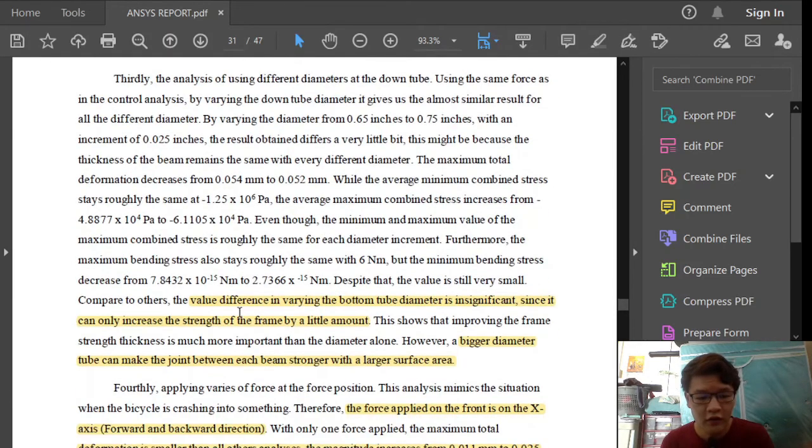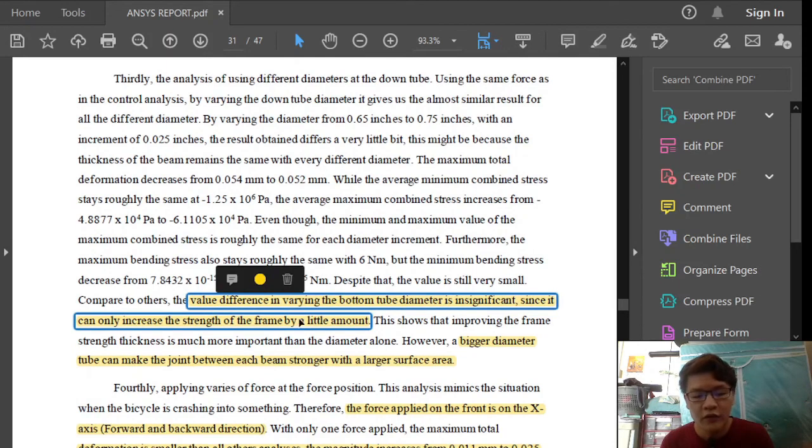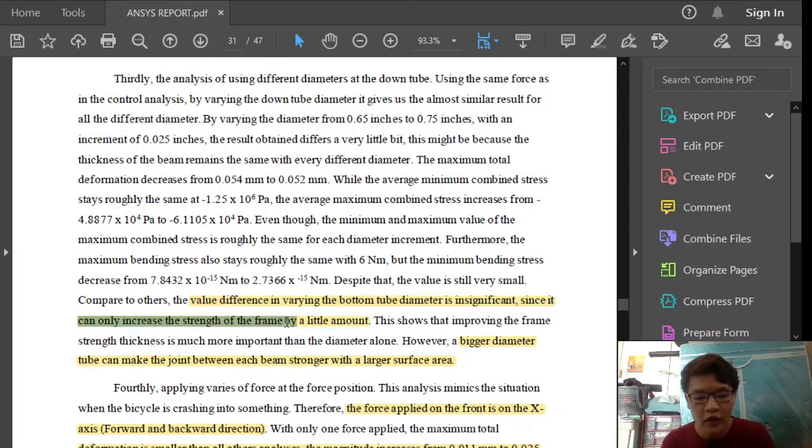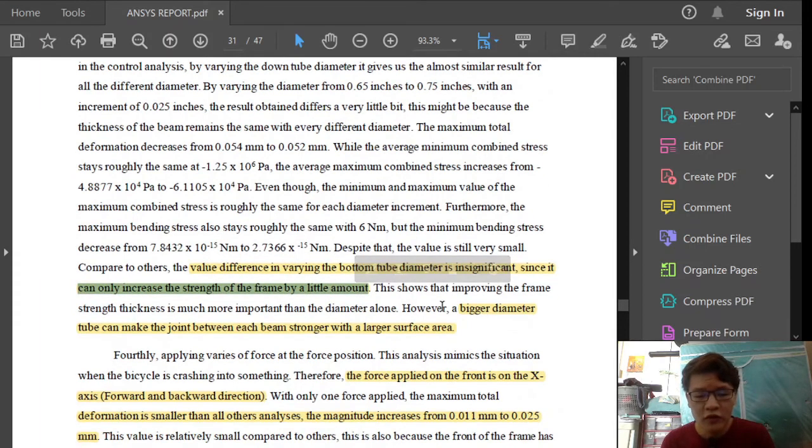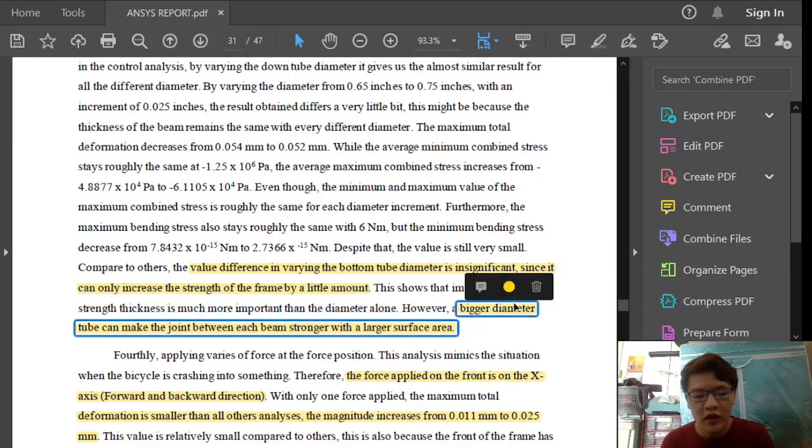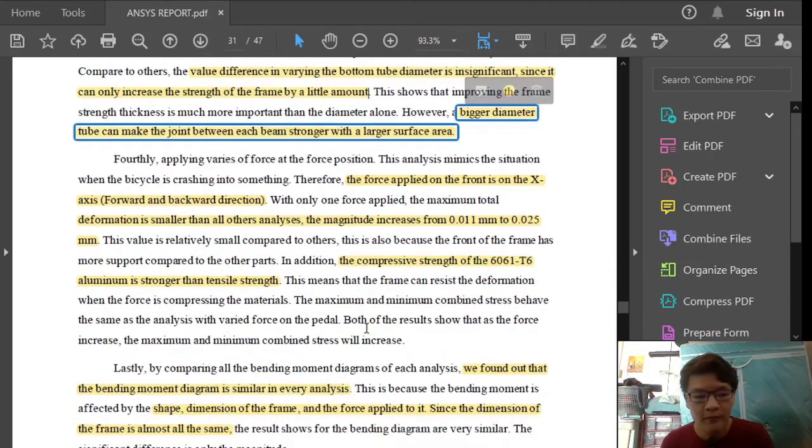Using the third analysis, we note that the difference in varying the bottom tube diameter is insignificant, since it can only increase the strength of the frame by a little amount. This shows that the thickness is much more important than the diameter. However, a bigger diameter tube makes the joint between each beam stronger because of the large surface area. And fourthly,